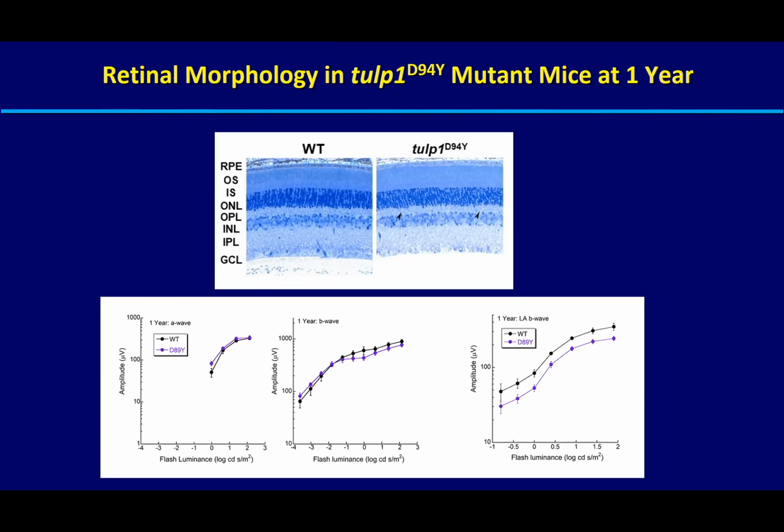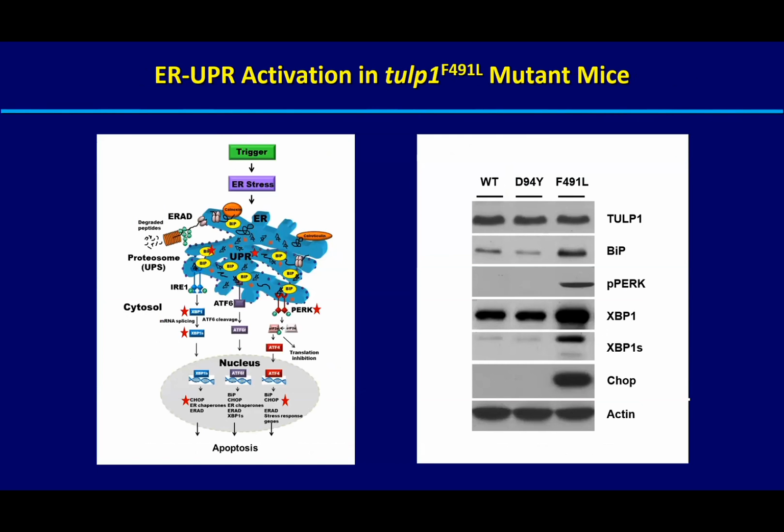Next slide. So now, having identified that there are these differences across our Tulp1 mutant models, our goal was to identify the mechanism of disease, which may be different in these models because they actually have different phenotypes, something we didn't expect. Recently, many studies have examined the involvement of the endoplasmic reticulum unfolded protein response pathways, otherwise known as ER-UPR, in neurodegenerative diseases, including Alzheimer's, Parkinson's, Huntington's, all of which have these heritable mutations that cause accumulation of misfolded